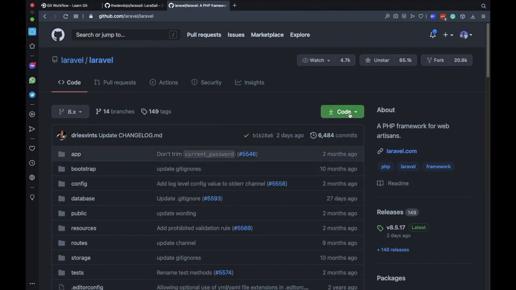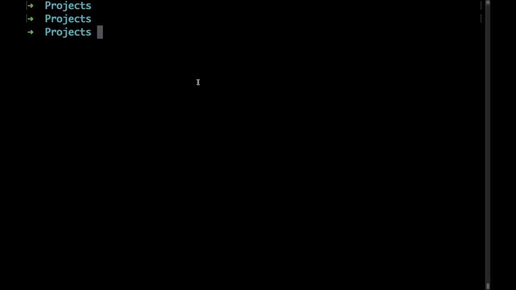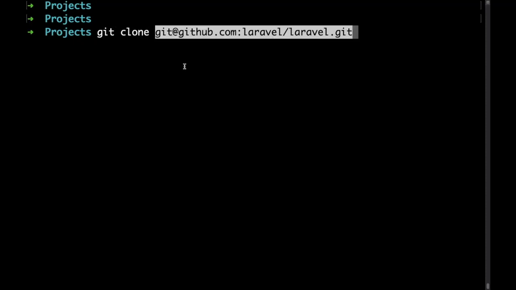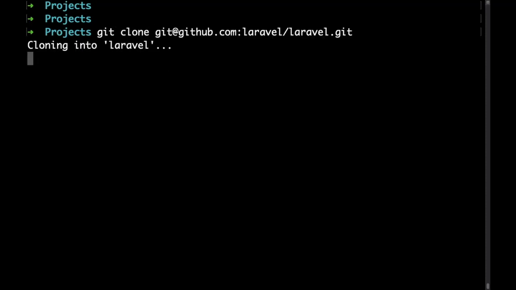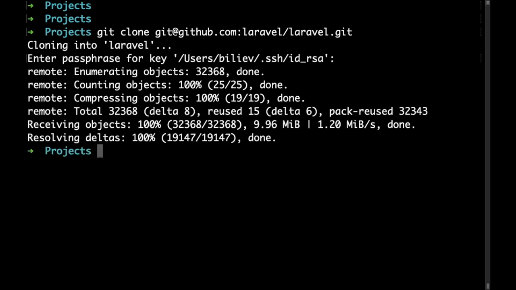I'll quickly show you. So if we go ahead and clone this repository here, that's the official Laravel repository. So if we head over to our terminal and do git clone, and then paste the URL, just quickly type my passphrase. Okay, now, so if I go to the Laravel directory that we've just cloned,